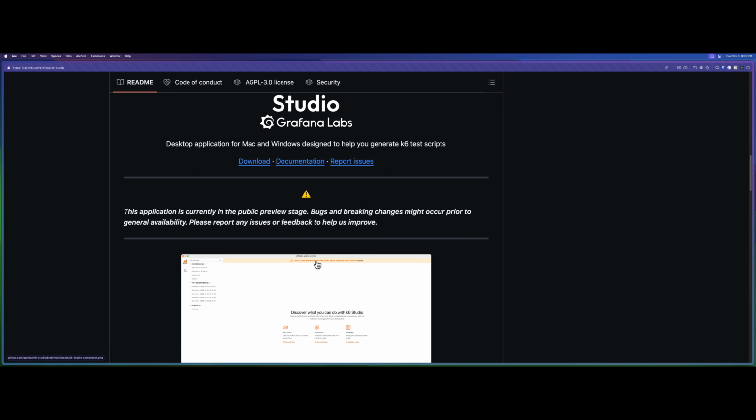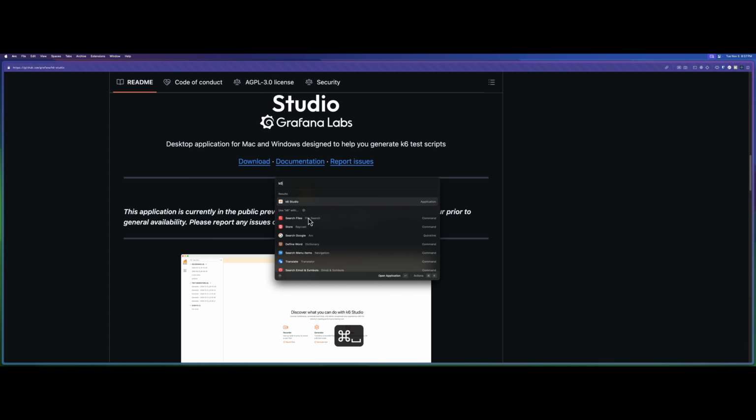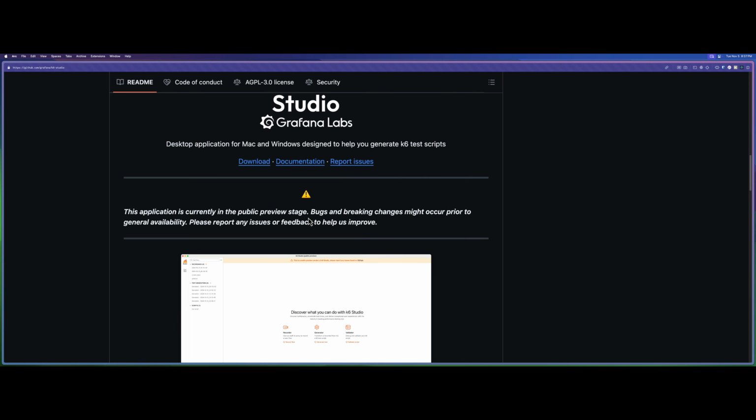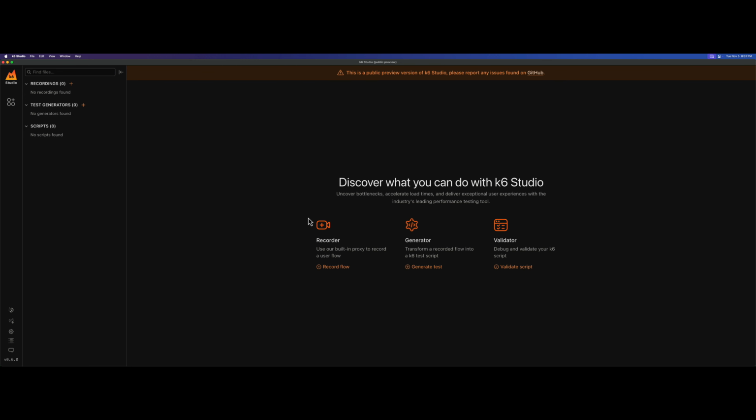Right now it is in a public preview stage. That means you will see a lot of bugs and features might change in the upcoming versions and so on. Now let us take K6 Studio for a spin and let us see how we can record and generate the script. As you see here, at the top left you have the K6 Studio logo, and at the bottom